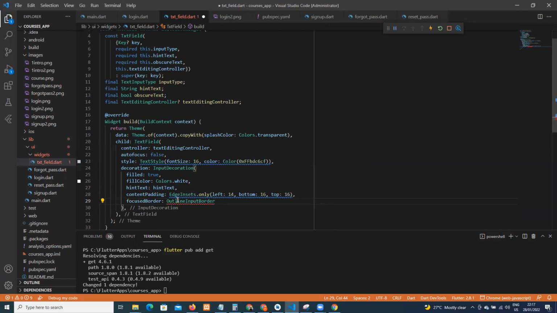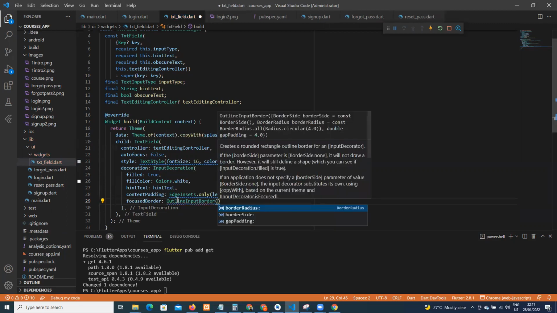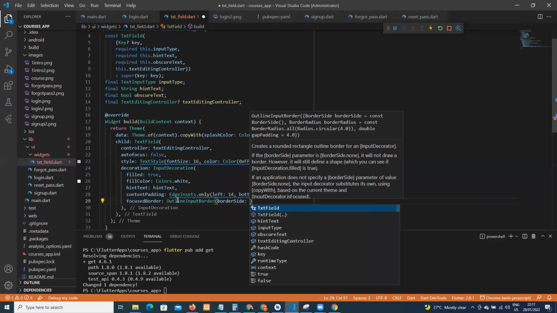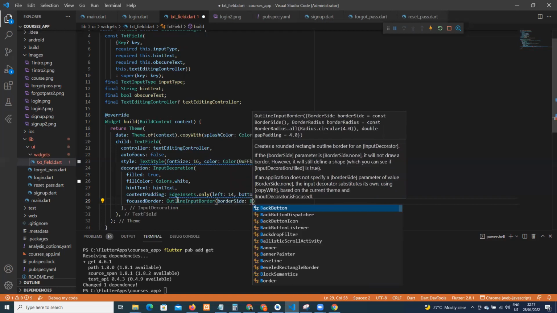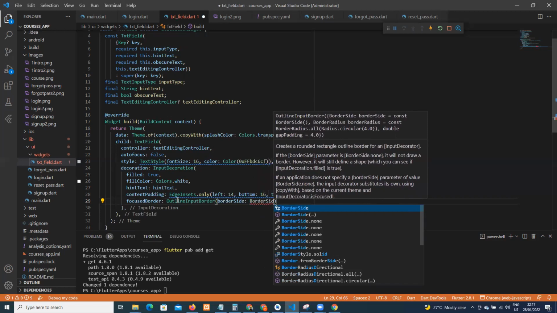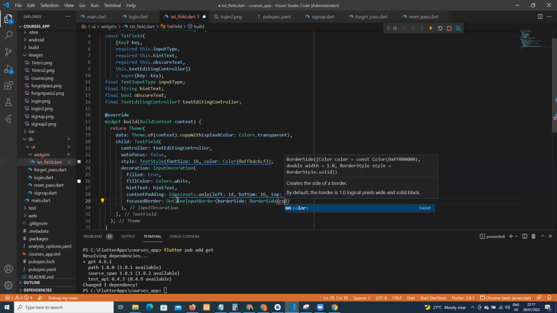So how do we put that? We start with OutlineInputBorder, and then we say borderSide, like that, and then start with